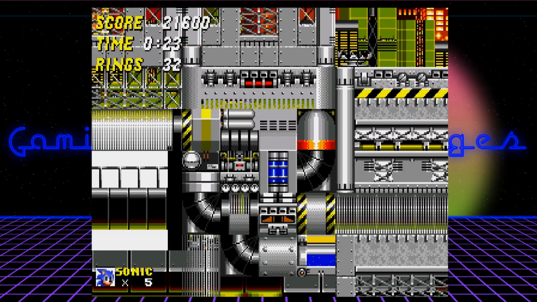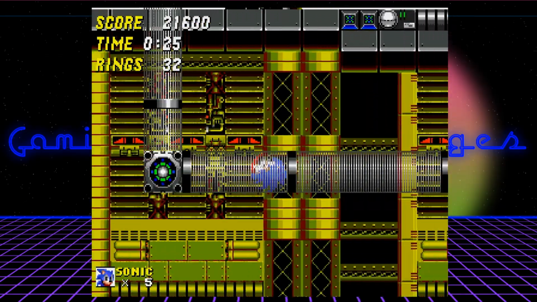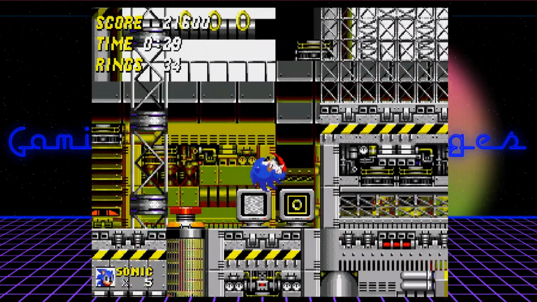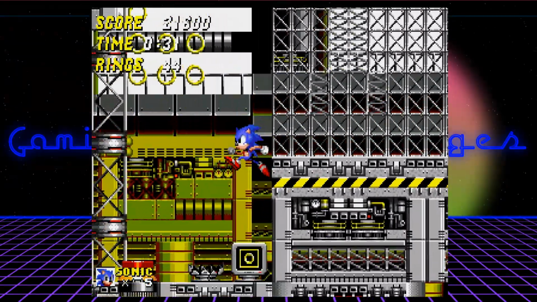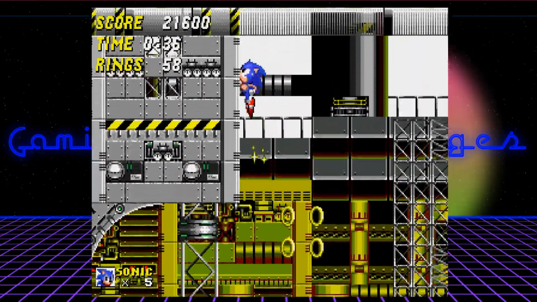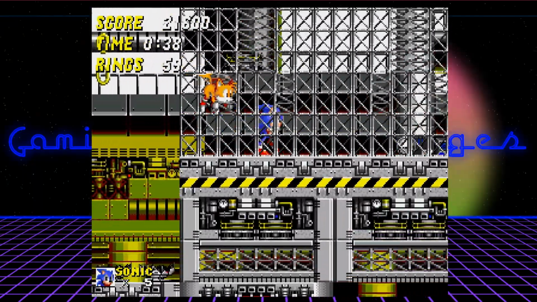Combine the introduction of the spin dash and the rush of playing the Chemical Plant Zone for the first time, and the capabilities of the Genesis really shine. While any mainline Sonic game could have made this list, and Sonic 1 is included on the 6-pack, I had to include Sonic 2 because it's the Sonic game I still find most fun to pick up and play through